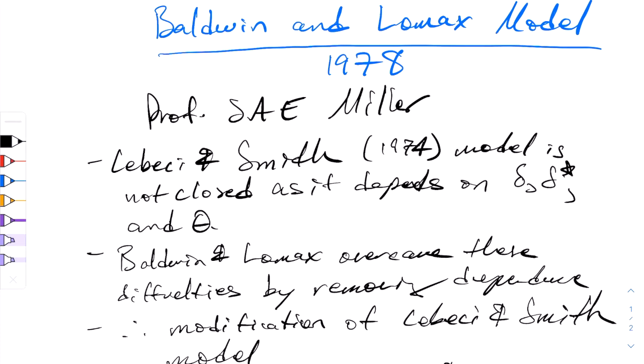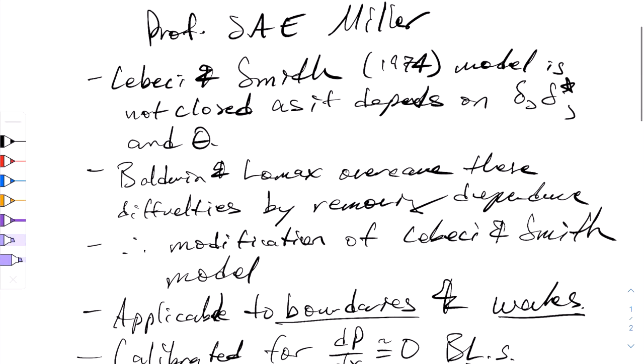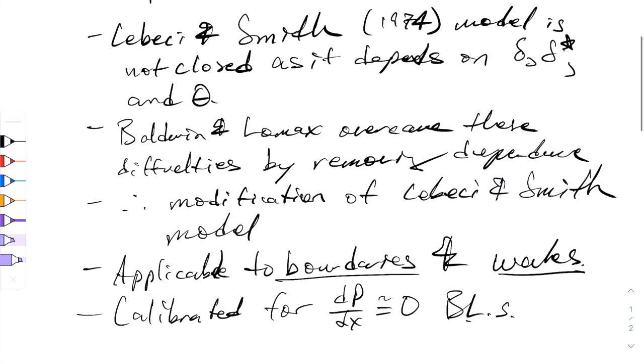Today I want to talk about the Baldwin and Lomax turbulence model, which was created in 1978. This particular model is a modification of the Cebeci and Smith model, which was made a few years before. The Cebeci and Smith model, which was discussed in a previous video, is not really a closed turbulence model as